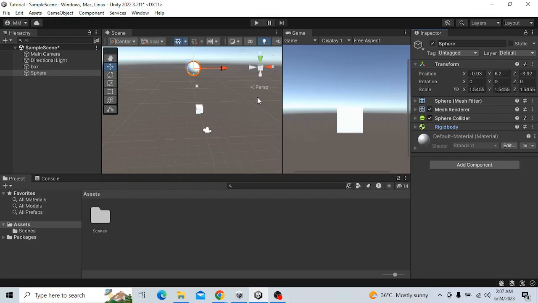Okay, so we've discussed how to move an object, how to apply physics to an object. And now let's discuss a bit more about this mesh thingy. So the way I explain